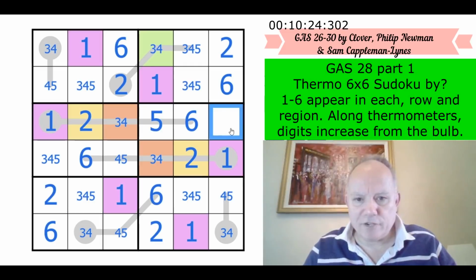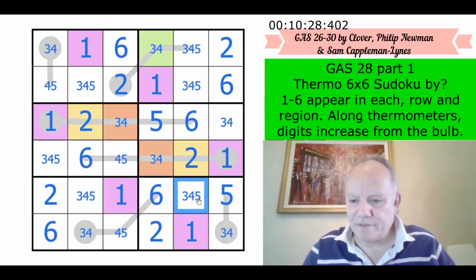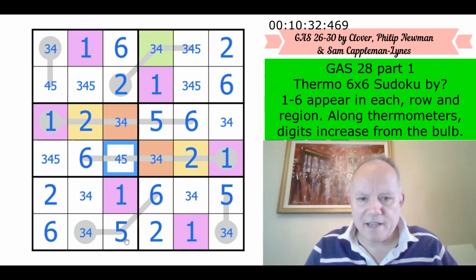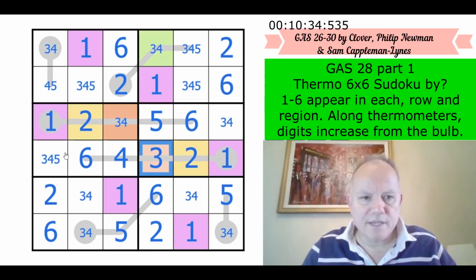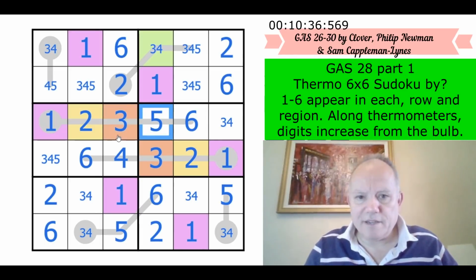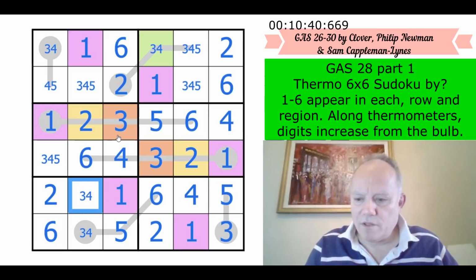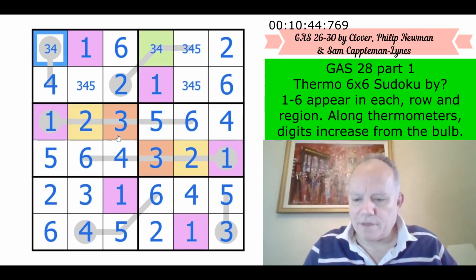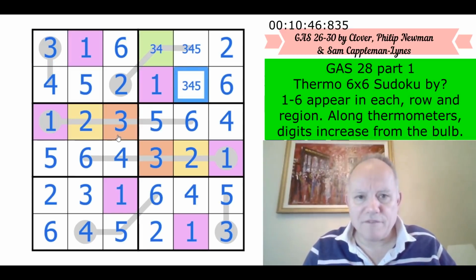Just pencil marking literally everything at this point. A 3, 4 pair in the final column, that's a 5. So the 5 down here is there. 4, 3. That's a 3, that's a 4, 3, 4, 3, 4. What a relief. I did not start the clock on this one, which is a shame, but I feel like